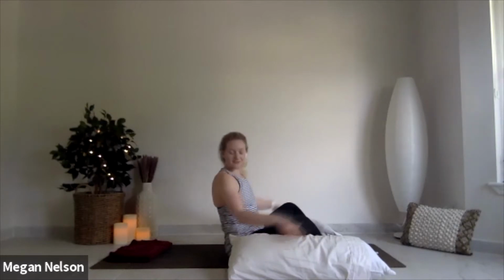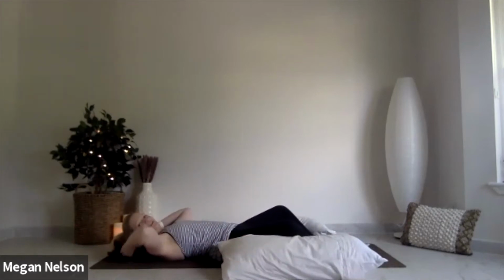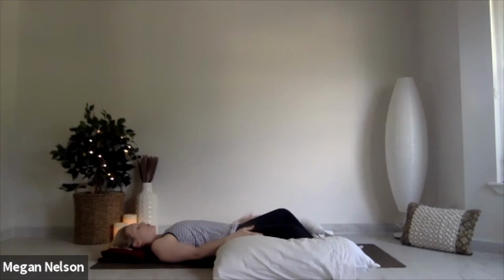And so as you lay down, or you're already laid down, bring the soles of the feet together, let the knees and the upper thighs rest on the pillow, and then just carefully make your way onto your back, resting the head on the blanket so the knees can fall open. Let them fully relax, and the arms can be by your side, palms facing up,